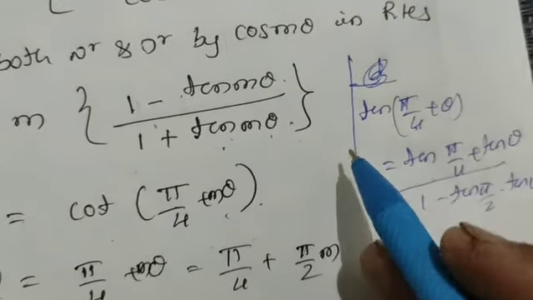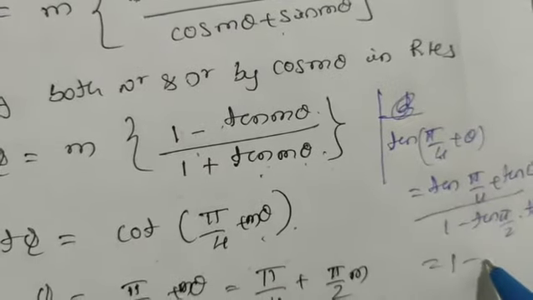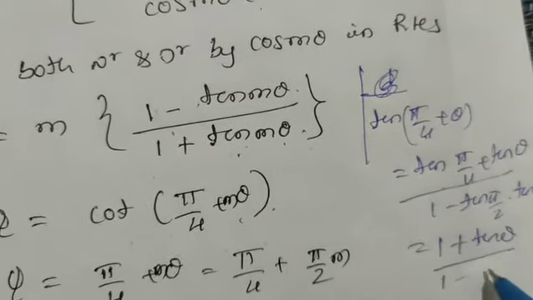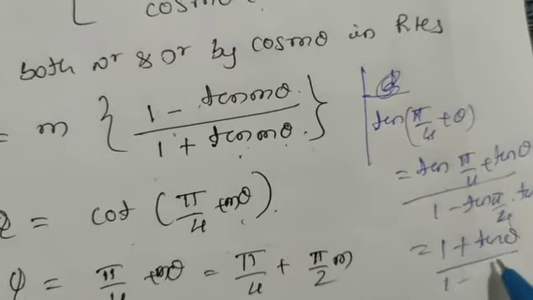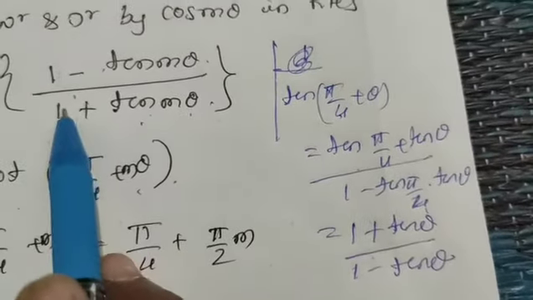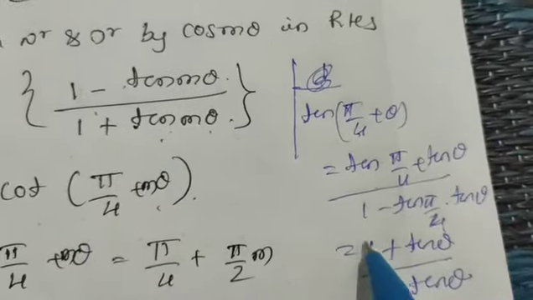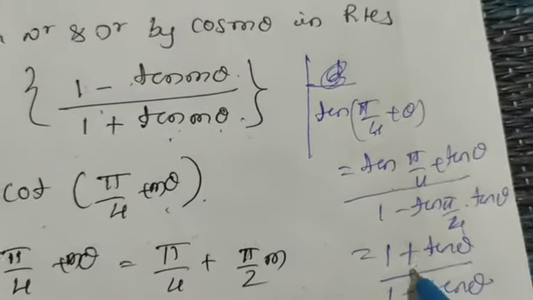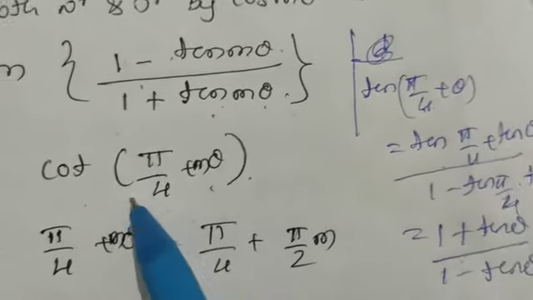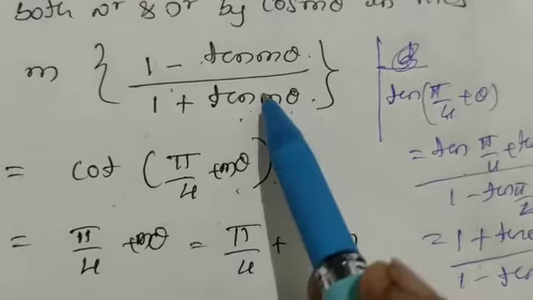If you take the reciprocal, the numerator is positive, no? This is 1 plus tan theta divided by 1 minus tan theta, since tan 45 is 1. But our result is what here? The reciprocal: the numerator has minus and the denominator has plus. So you have to take the reciprocal of this one. The RHS is reciprocal, so we have to take the reciprocal on the LHS. So 1 by tan theta is cot theta here. So it is cot of 45 degree plus m theta.